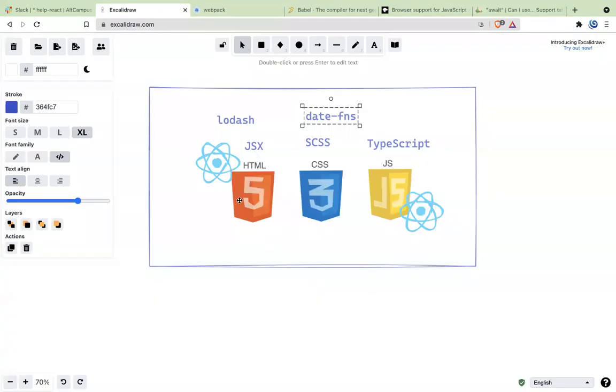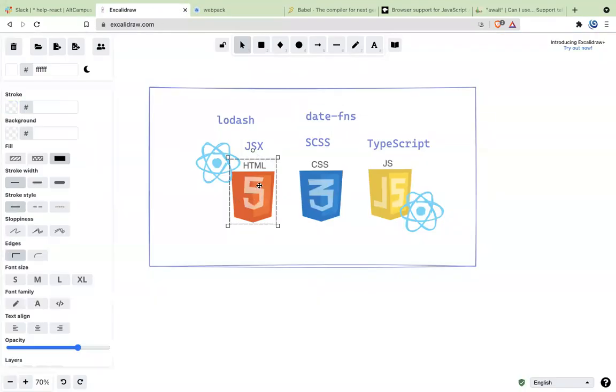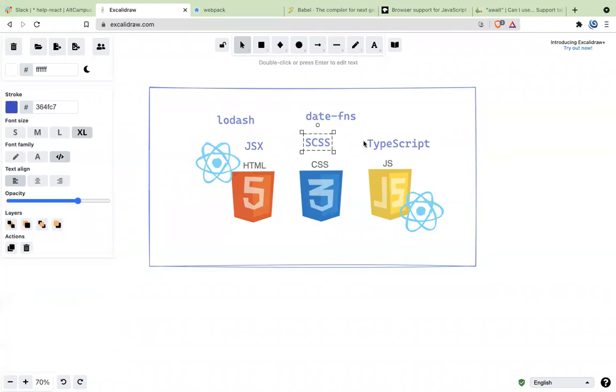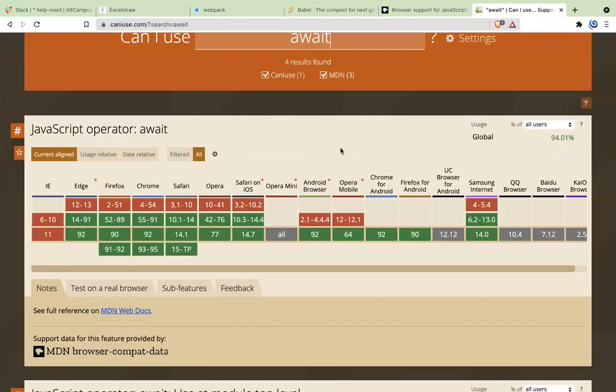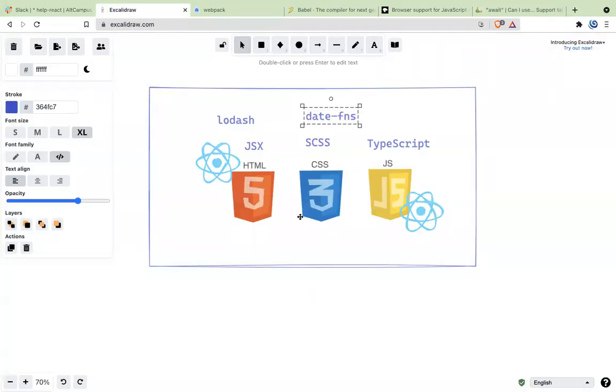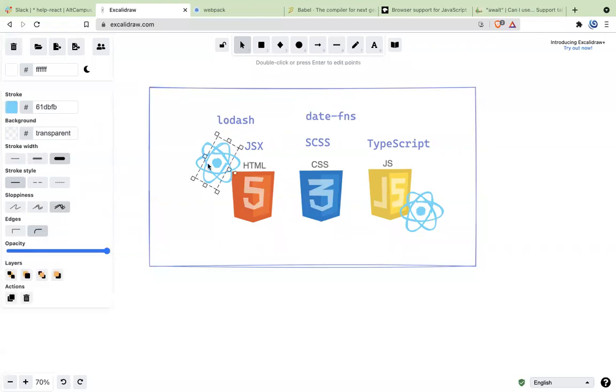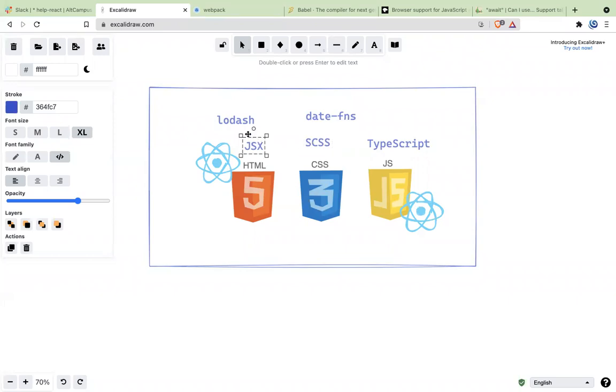So can you see, there are many other problems that you have to deal with when you're writing a real world application. It is not just HTML, CSS, and JavaScript. You have to take care of React, SCSS, TypeScript, multiple dependencies, and also the compatibility issue. If you want to do these things manually, it will become so much of a task. You have to manage this part, this part, all of it. At the end, you also have to manage the compatibility issue. And that is a huge problem.